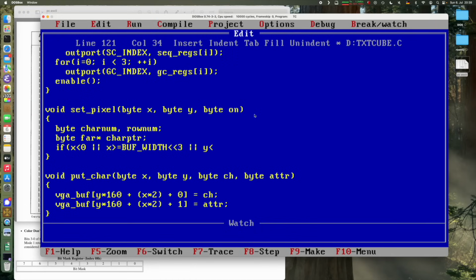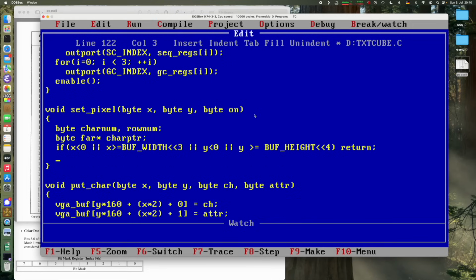Or if the y-coordinate is too small or the y-coordinate is too large, buffer height times 16, then we return, because then we're out of bounds. Nobody can see the pixel. Now we calculate the number of the character in the map that we're going to draw in according to our frame buffer layout. That is actually